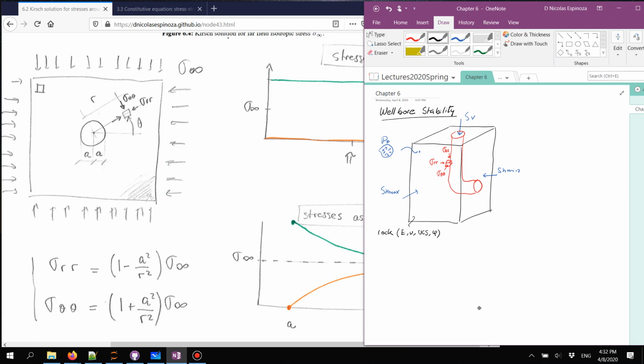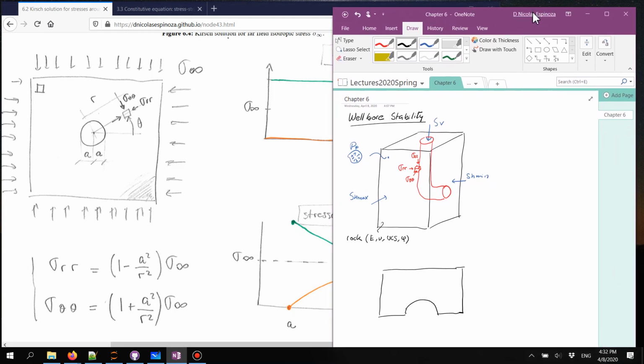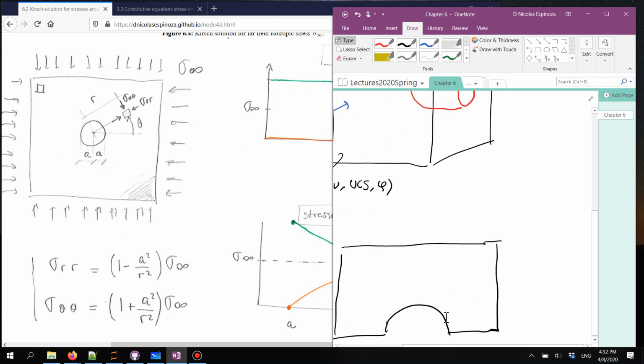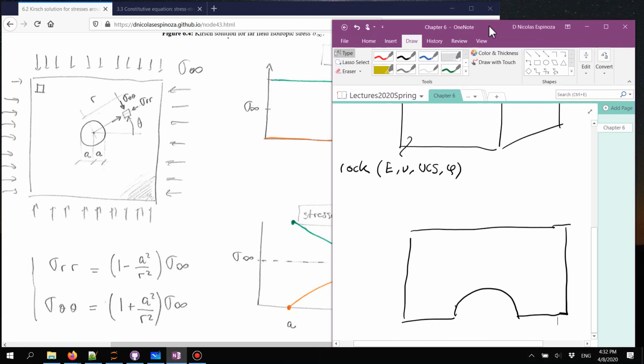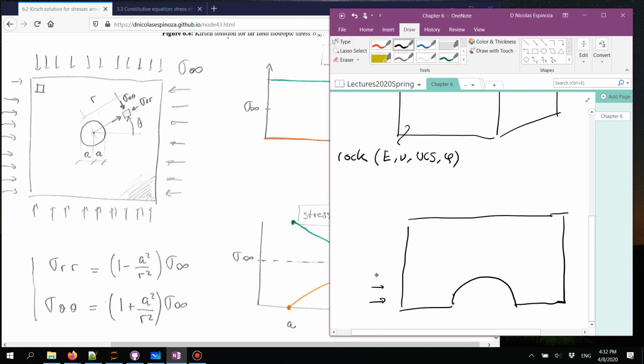And I'm going to make a drawing about this. Let's just consider for now a two-dimensional section, which is going to be just half of the problem that we are observing. If we have stresses in all directions, what is going to happen is that, let me move this a little bit more over there, okay. All right, if we have these stresses sigma infinity in all directions, what Kirsch predicts is that I'm going to have a compression in the hoop direction along this